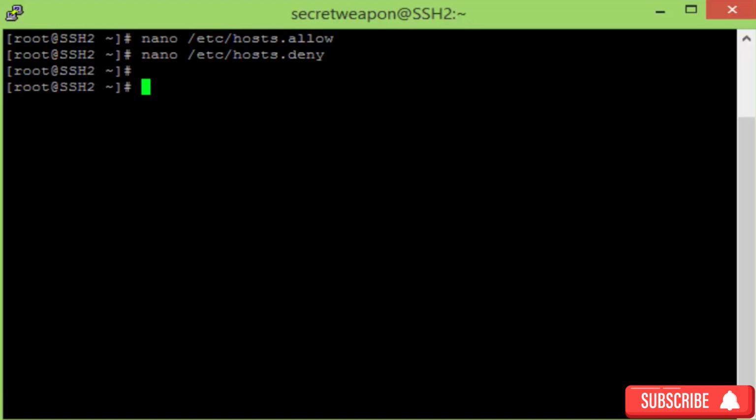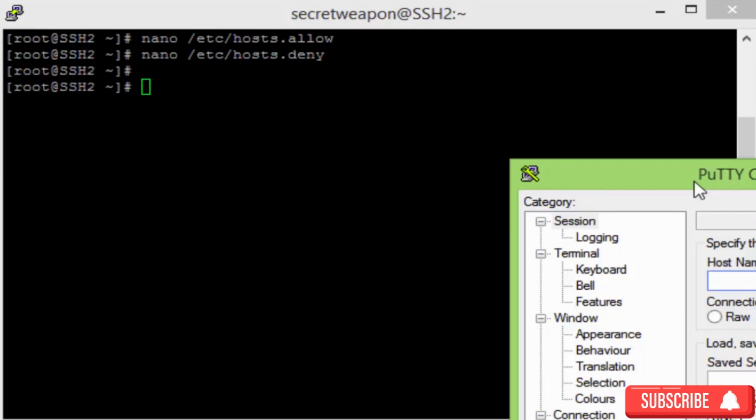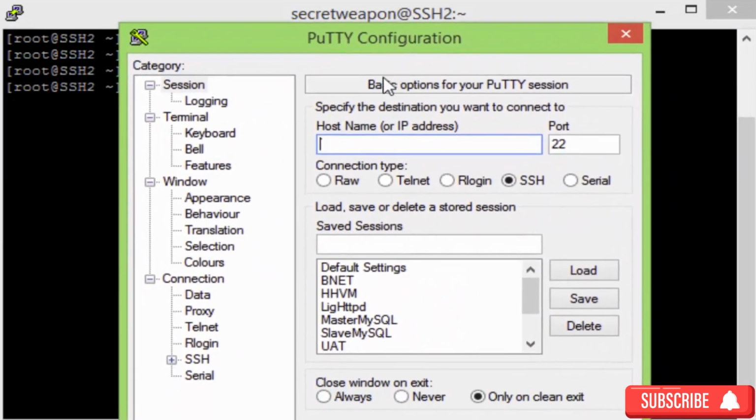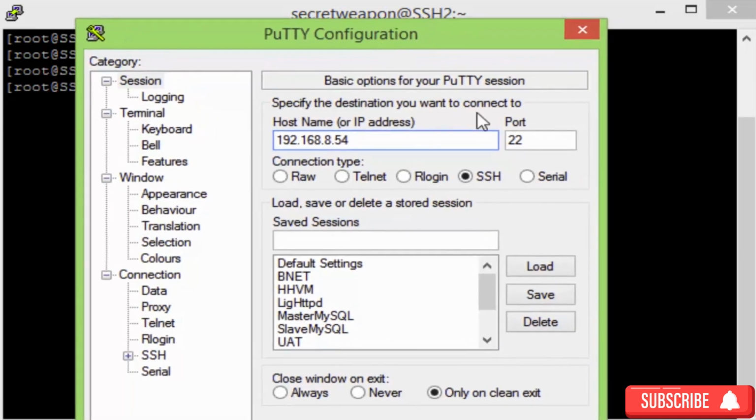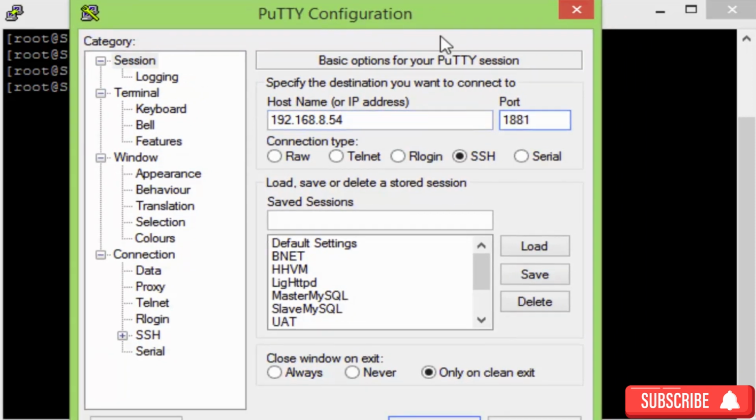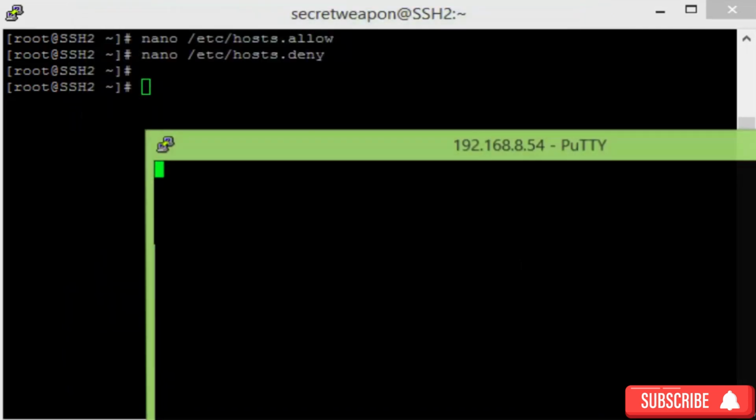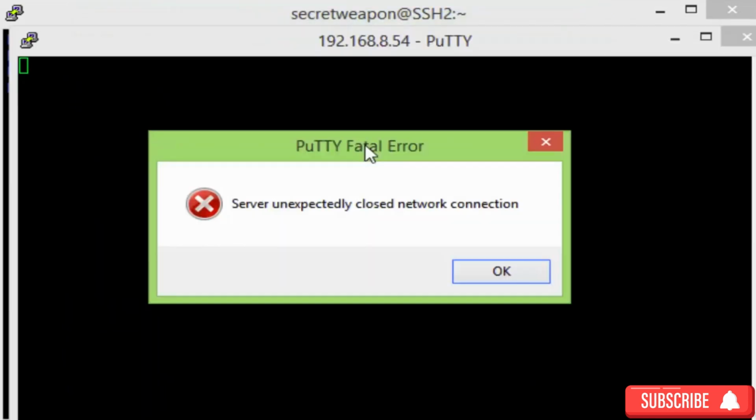192.168.8.100. So I will open PuTTY and I will connect to the SSH2 machine. So I will type the IP 192.168.8.54, and we changed the port to 1881. Then I will click open. As you see, the system refused the connection, and that's because we denied access to the SSH service on the SSH2 machine